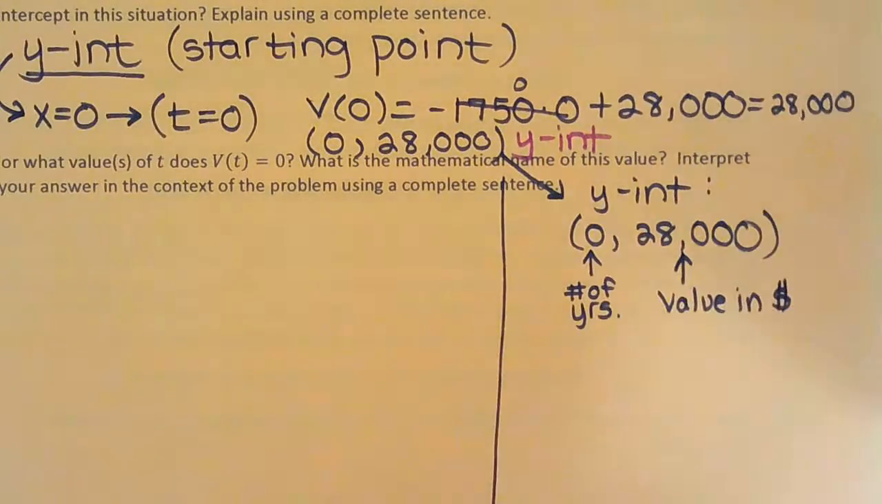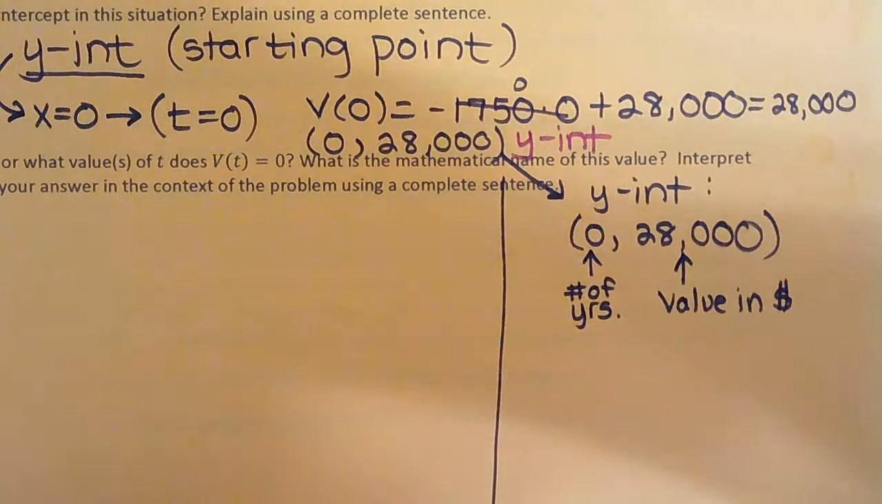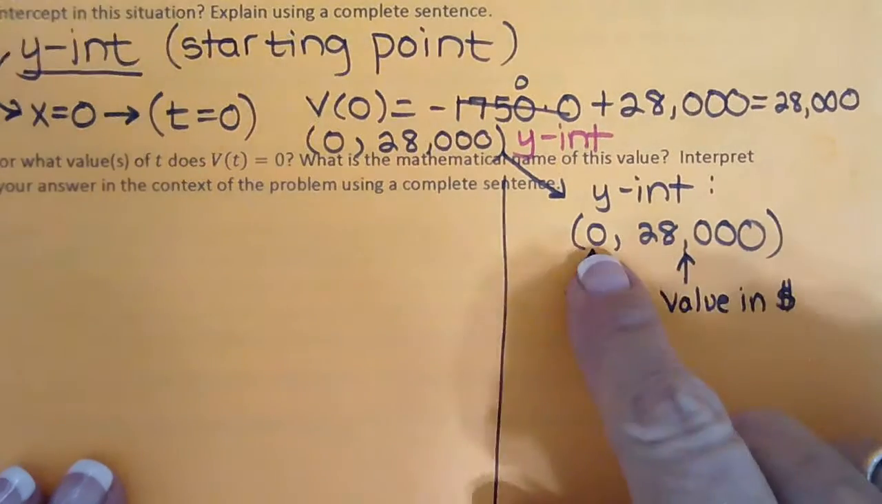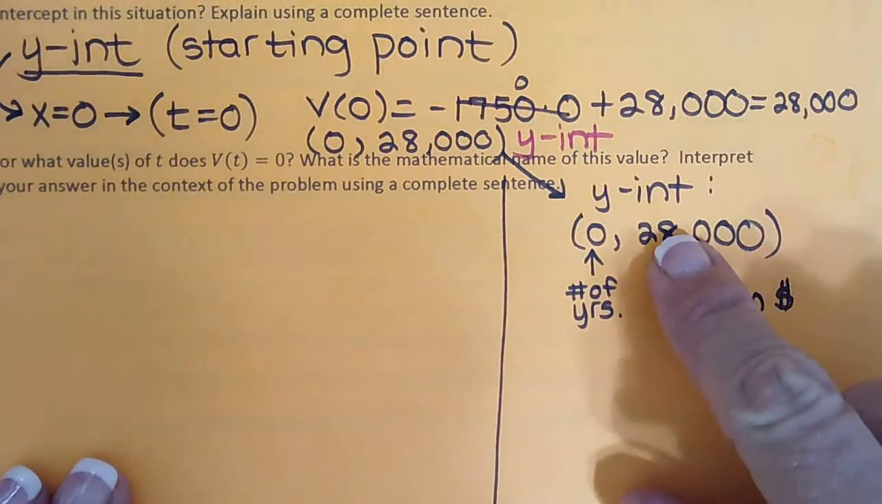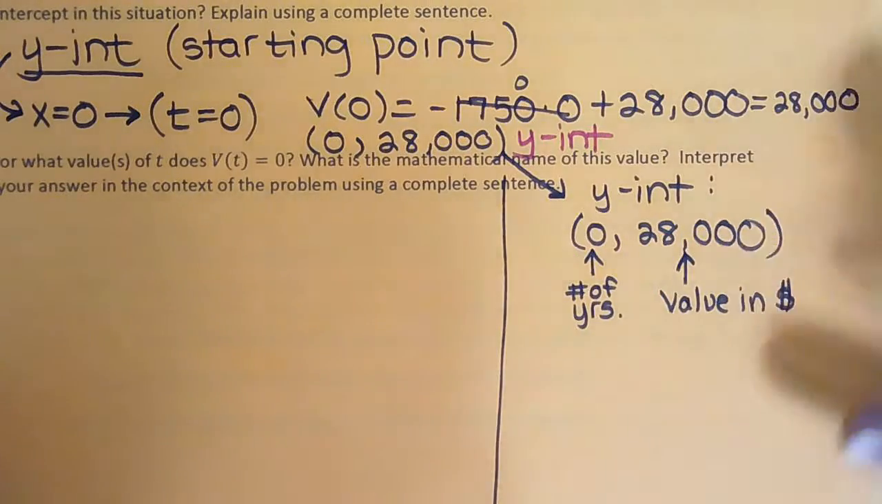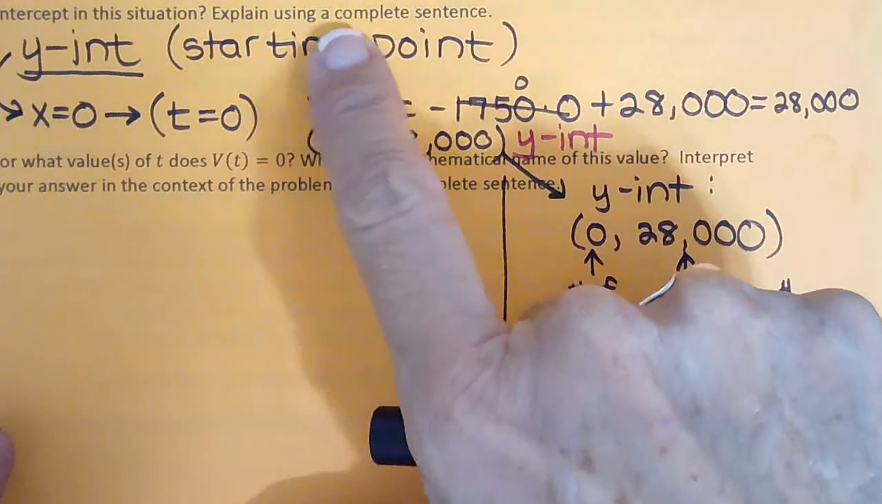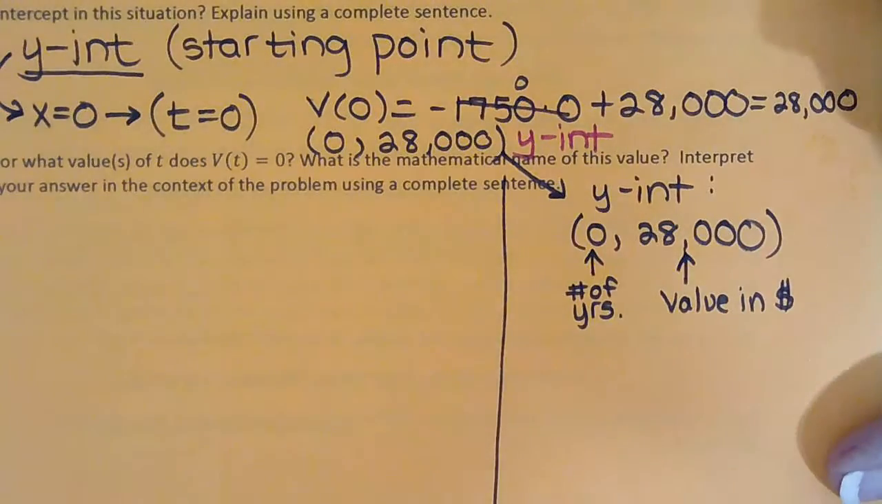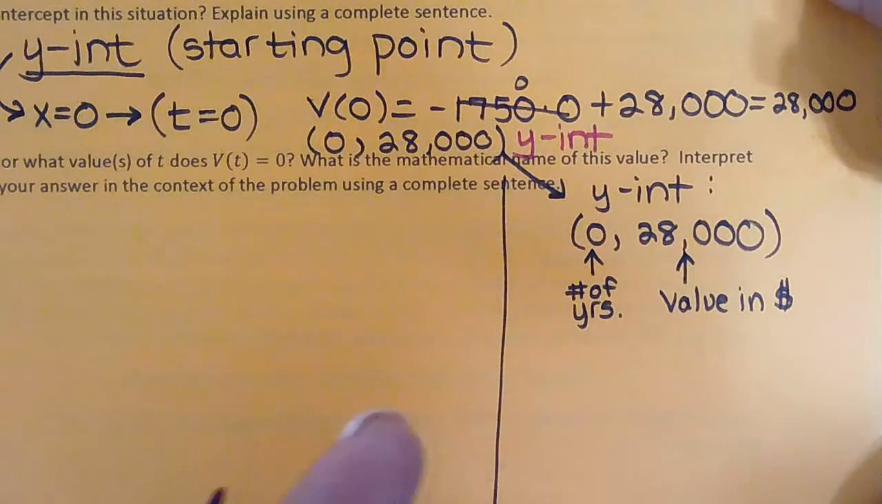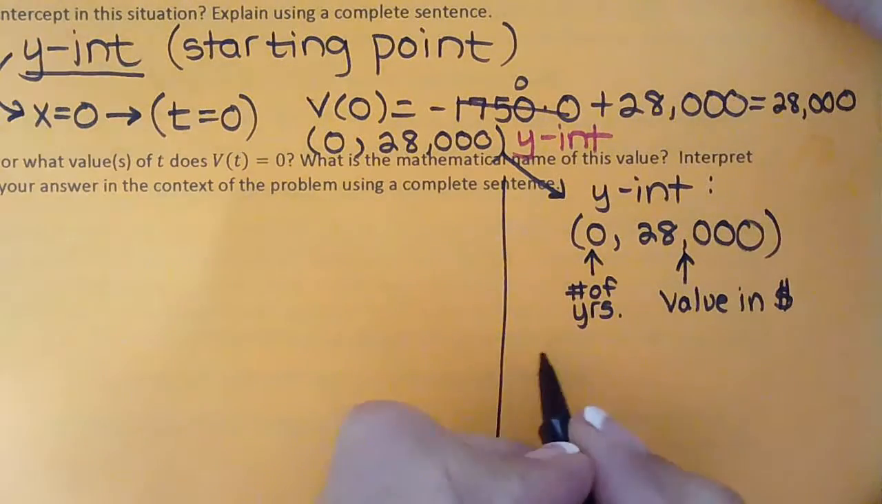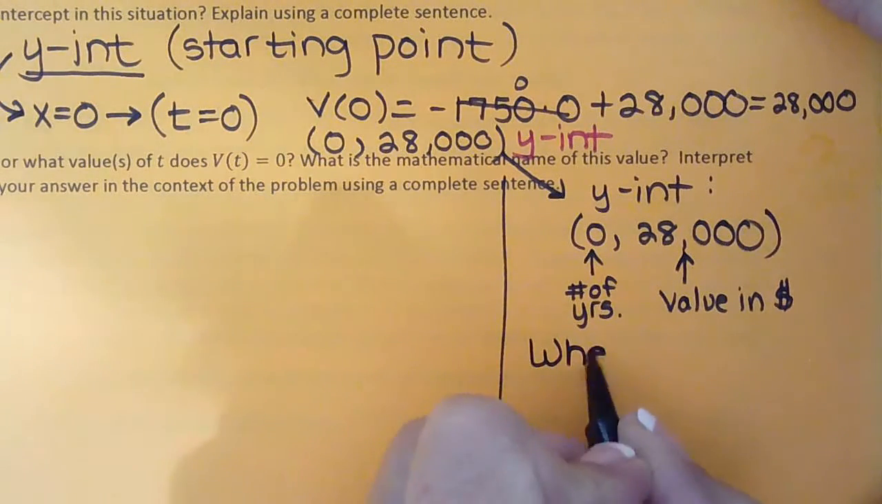And when I give these on the test, I tell students, now use common sense. Don't say when the car is 0 years old. Well, what is 0 years old? 0 years old is when the car is new. Its value is $28,000. See here how they say explain using a complete sentence. So don't say 0 years old. We don't ever say it like that. 0 years old means it's new. So when the car is new,